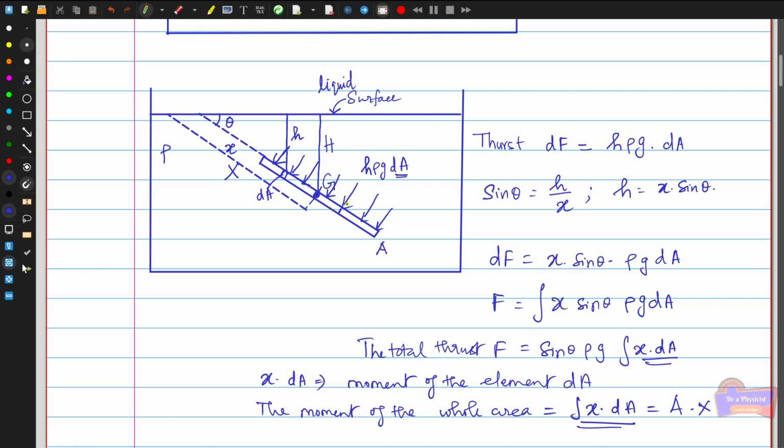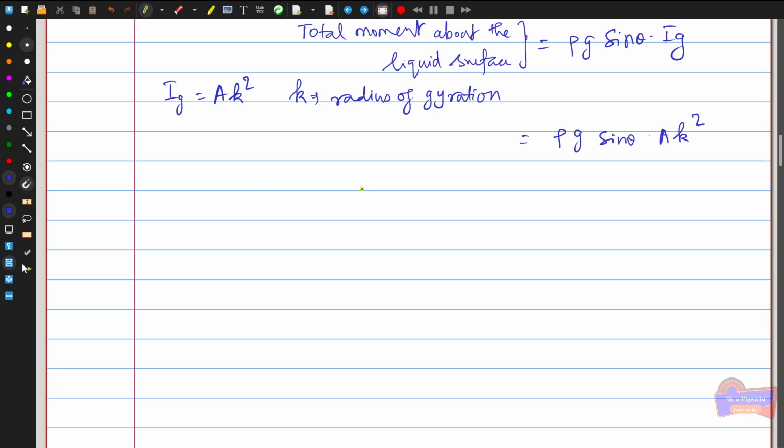Again, consider another point: the total resultant force acting on this surface. Suppose this is the point where the center of pressure is situated, that is, where the total resultant force acts. Call this point P. The distance of P from the liquid surface is taken as capital S0, and its height from the liquid surface is taken as H0. Then the resultant thrust about this liquid surface can be written as